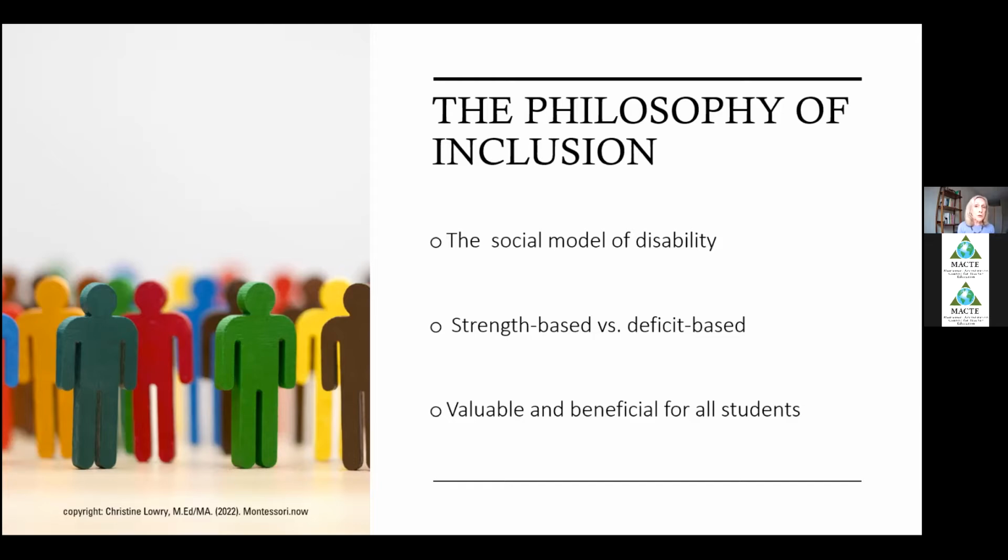We see an increase in social emotional skills. We see an increase in respect for one another's strengths and one another's challenges. And in a philosophy of education that sees mistakes as an opportunity, which has now become part of mainstream education, it's important that we all realize we have challenges and we all have strengths that we can bring. All children feel a sense of belonging. So there's increased motivation. There's a decrease in behavior challenges in many cases. It means that students are supporting and helping one another, and that teacher expectations tend to be higher for every